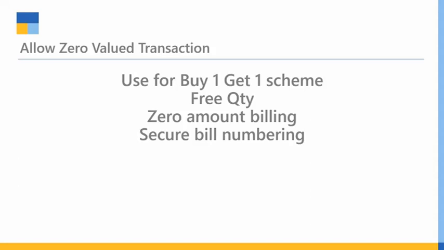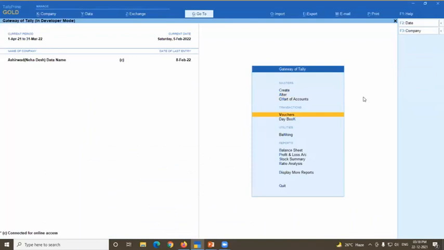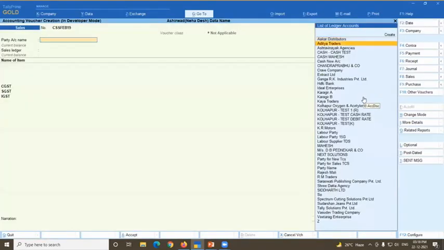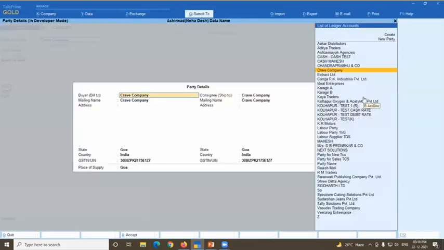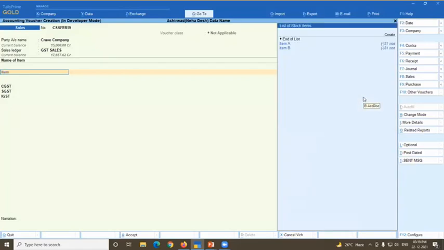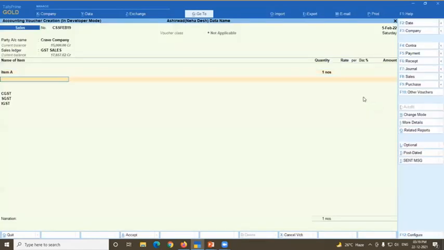So make an invoice entry. Don't put any amount to the ledger. Take only item and quantity. See here, I am putting zero value transaction, yes. Then I can make an invoice to any party. F8 sales, I can make any invoice to a party with zero value. That is the best feature of Tally. Item A, okay, so I am putting any godown here, quantity 1. I don't want any rate. I just want to keep that stock aside.